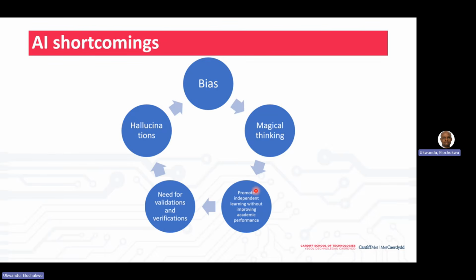The issue of magical thinking. These are part of the challenges that people have. They think that AI can do wonders, do so many things. No, it's not true. It's just what it is trained for. The particular tool is trained for what it can also respond to. And that depends on the level of knowledge it has already or the data used to train it. That's why AI systems are always continuously learning.